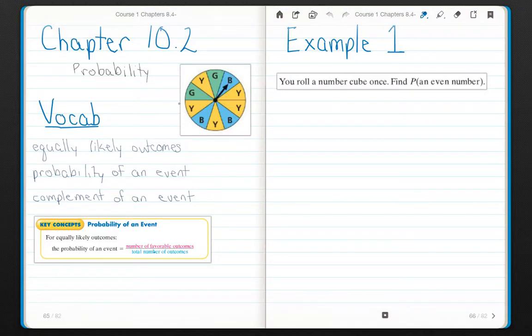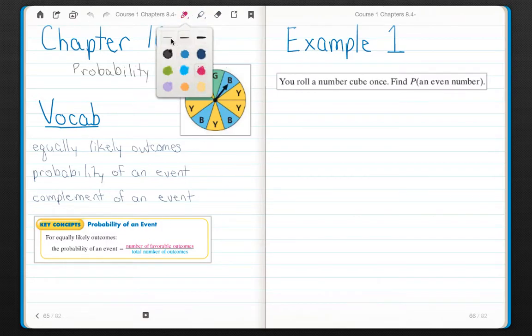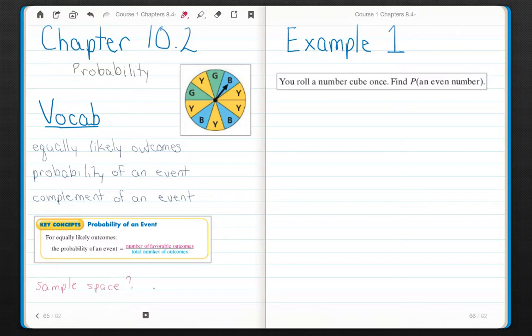Chapter 10.2, Probability. So yesterday in Chapter 10.1, you found sample spaces. You were given some items and asked, what is the sample space? What are all of the different combinations of outcomes? For example, if you were given an ice cream flavor with a topping and some cones,